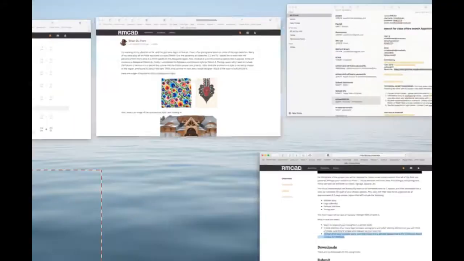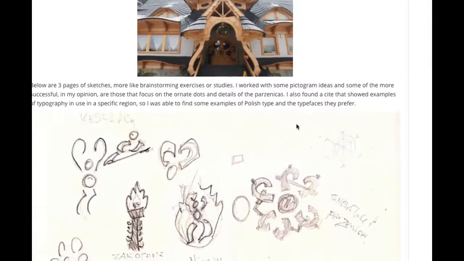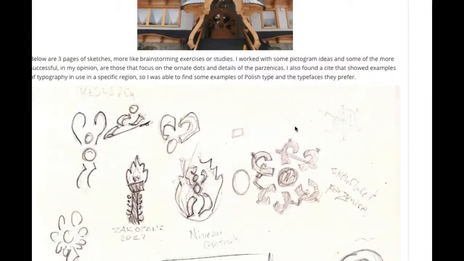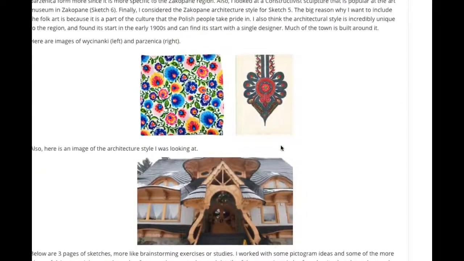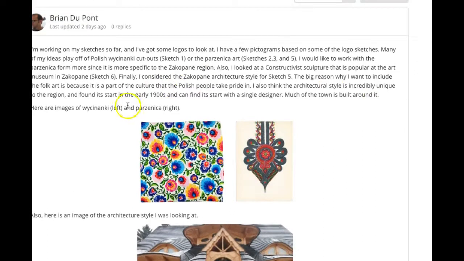And what I would do is this, Brian. I would take my ideas, I would take my paragraph, and I would write my ideas down, kind of an introductory paragraph, and kind of set this up in presentation format because, like I said, what I'm seeing is really fantastic, but it's kind of difficult to follow the thought pattern, as it were. I would set up my introductory paragraph, say, hey, all right, this is the idea. These are the ideas I'm thinking about moving forward into my concept development for the visual part of the project. And then what I would do is I would say, okay, here are my images of the Wysenaki